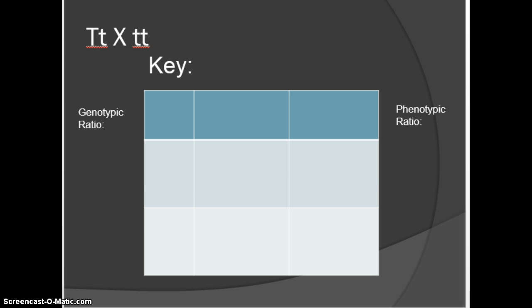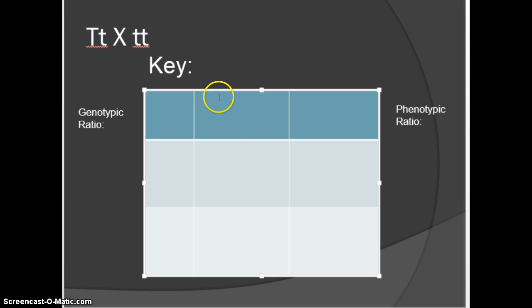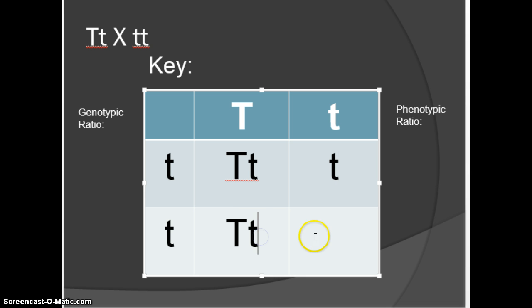Let's continue with another example. So here we have a heterozygous and a homozygous with the recessive traits. Again, I'm just going to fill in my parents here. So put each of the alleles in a box. And now we are going to cross them. So I'm going to take this T and fill it in both here. I'm going to take this T now and fill it in here. Now I'm going to take this t and fill it in here. And now this one comes down. It doesn't really matter which order you do it in,